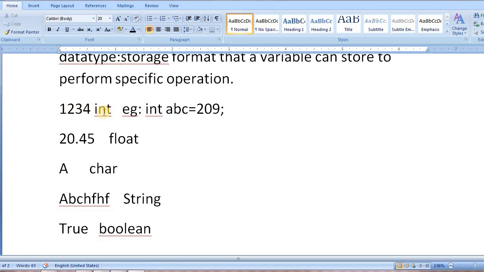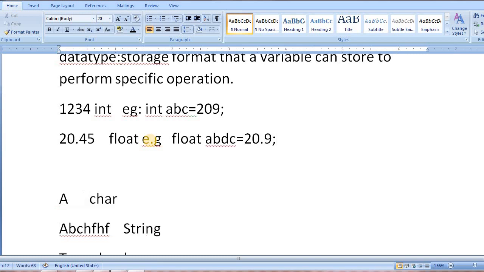Means if you want to store the numeric value, then our syntax is data type, next is the name of the variable, equal to, and value. For the float value, means if you want to store the decimal value, then the statement is like this. float is a data type, a b c d something equal to 20.9, means decimal value, and next is the semicolon.